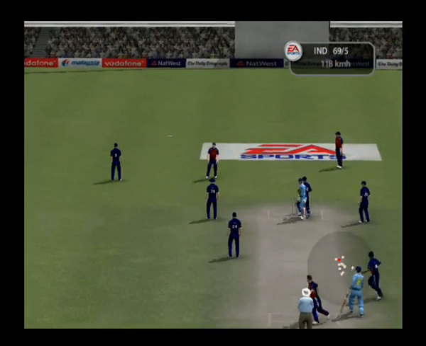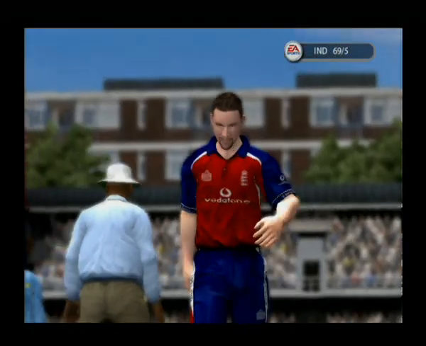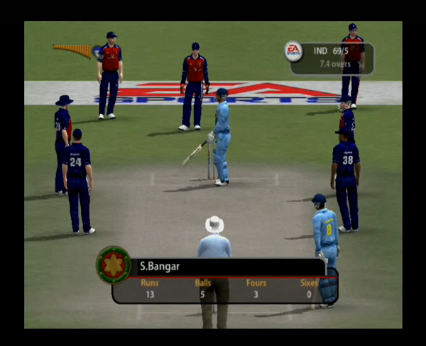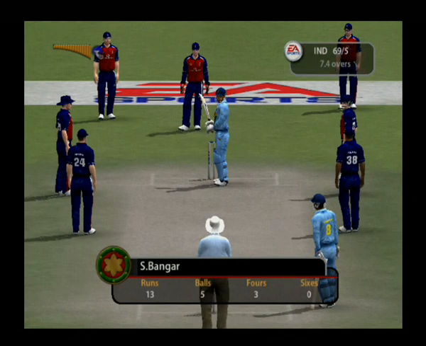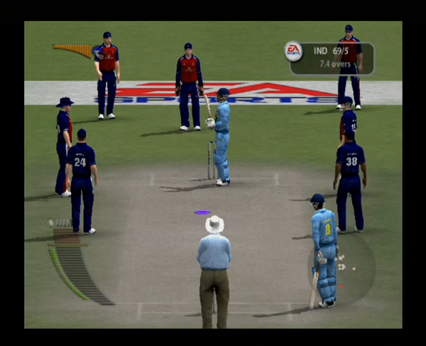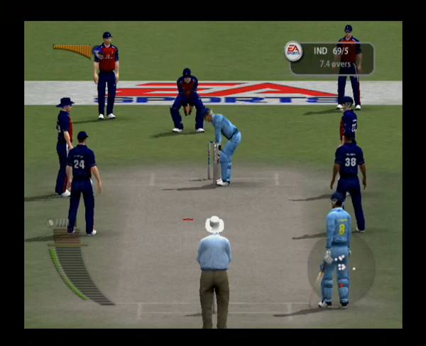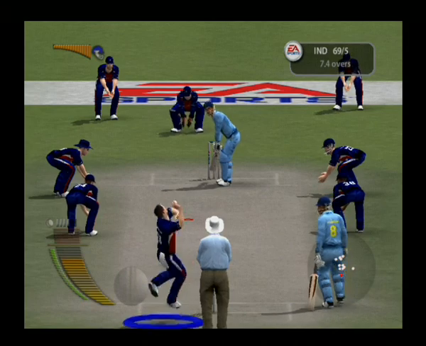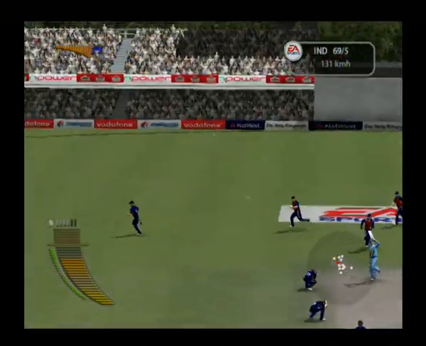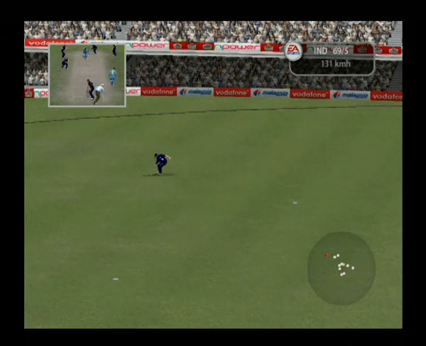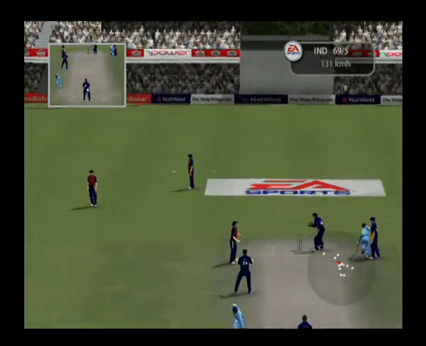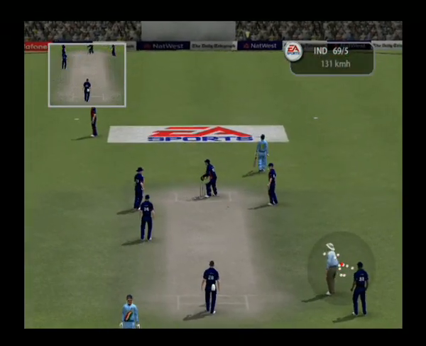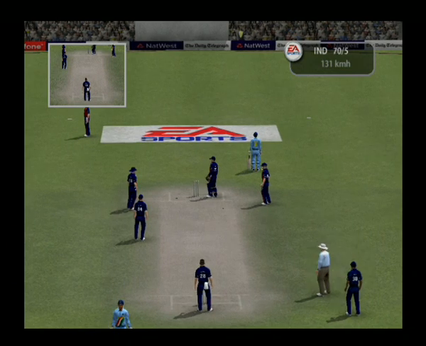It's straight at Flintoff. Harmison continues. Giles is chasing that one, cut away. He's not a good judge of the run, is he? That takes his score to